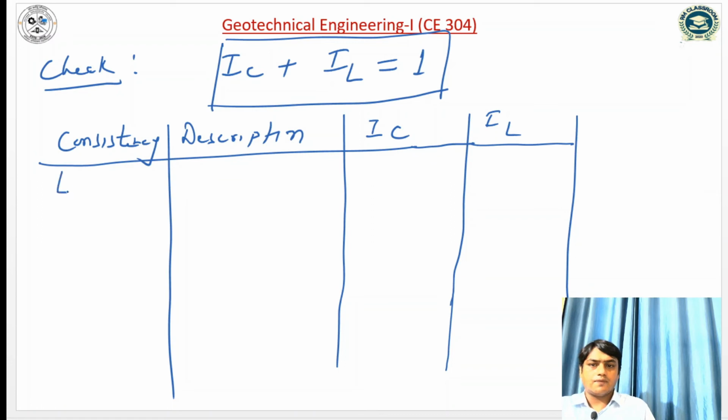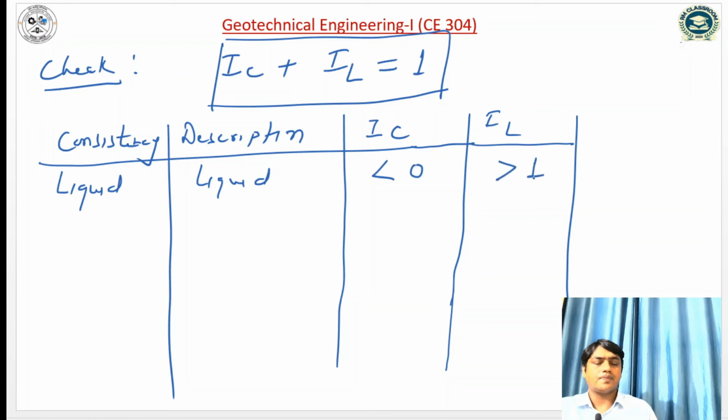When our consistency is liquid, the description will also be liquid, and in that case our consistency index value is less than 0 and the value of liquidity index will be greater than unity. Similarly, in case of plastic, there will be 4 types of description: